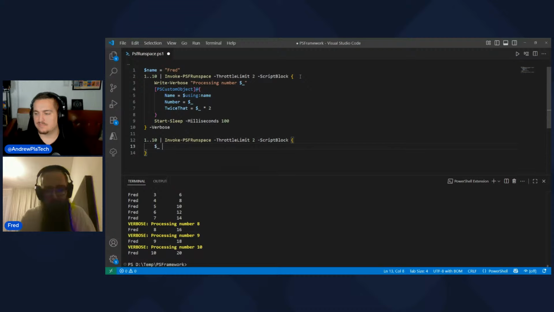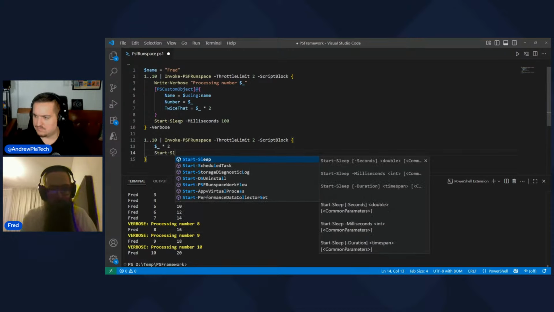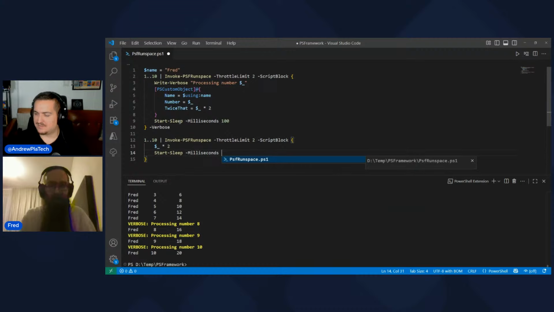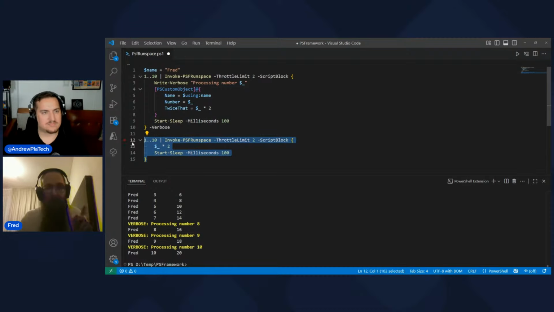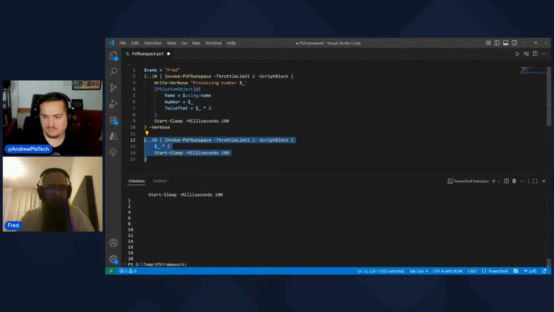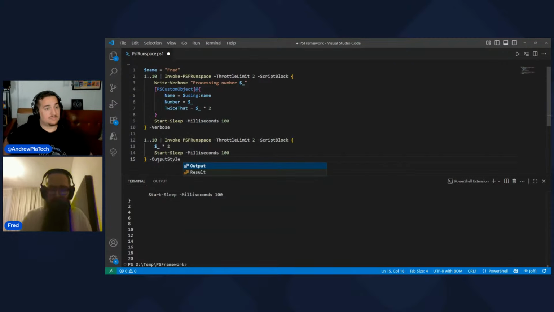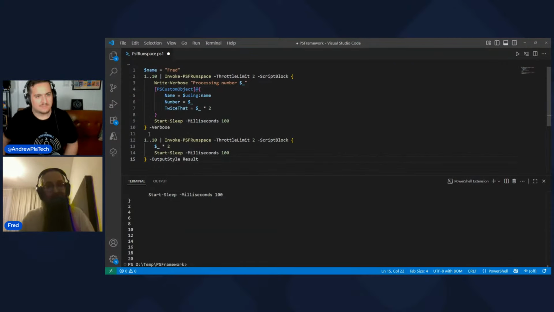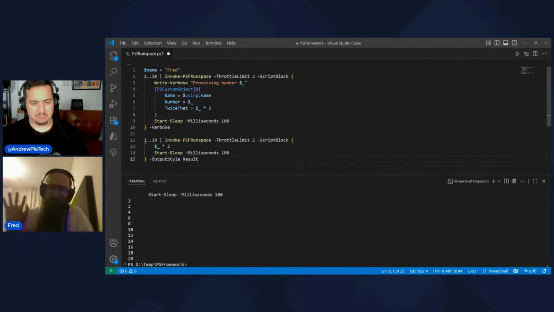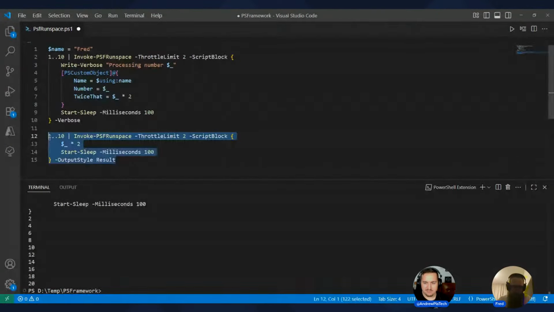So let's do something fairly simple. Again, what we're parallelizing here doesn't really matter too much from what is actually happening perspective. So again, I'm doing the start sleep because if I don't give the background runspace as much to do, the first background runspace just blows through all of the workloads and we are not seeing much there. So simple numbers, nothing weird happening yet. But we have something, a new parameter. And this one is a bit funny because I can also do output style result. Now, let's not quibble too much about my naming sense here. I know it's iffy, but